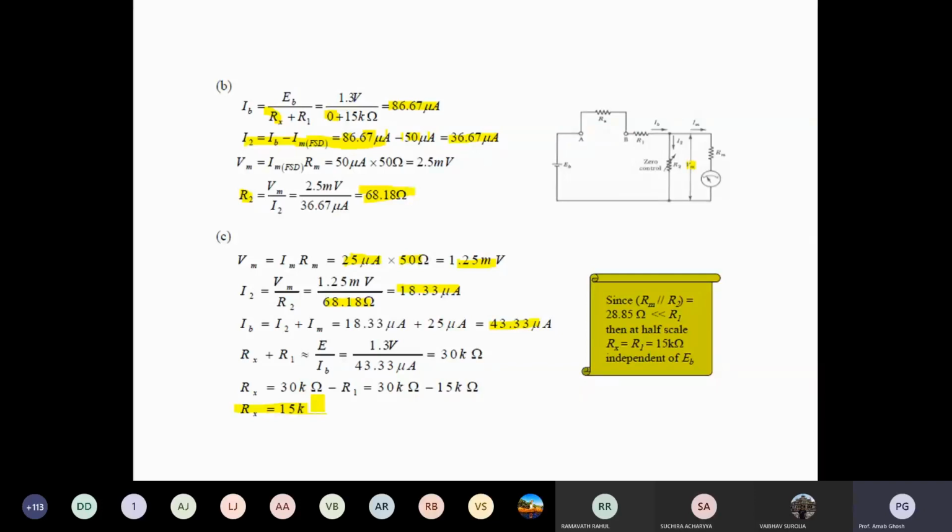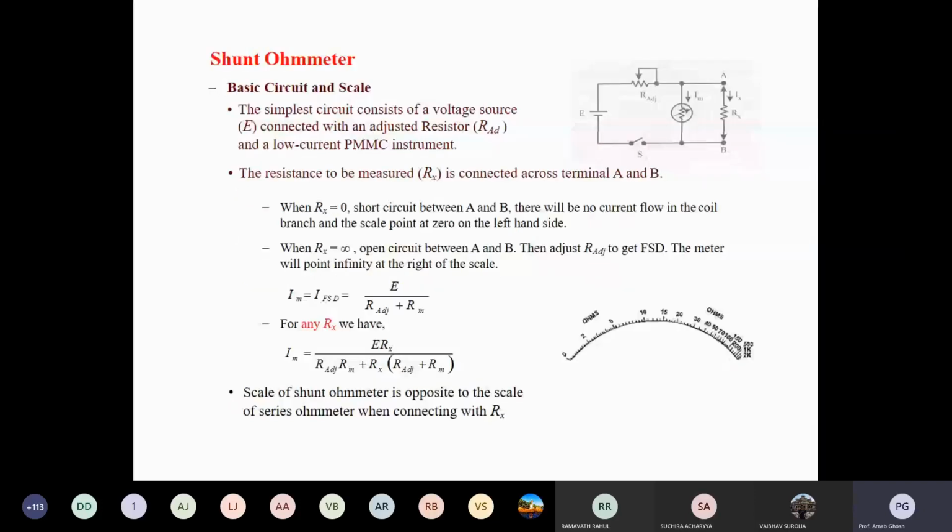You have to realize all the numerical problems, otherwise you will not be able to understand or give the answer at the time of the class test, the mid-sem examination or the end-sem examination, because such types of questions will come in your exam. So it's my request to solve all the discussed numerical problems in your class note.